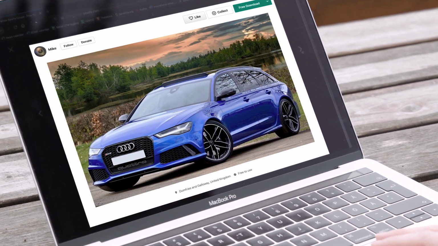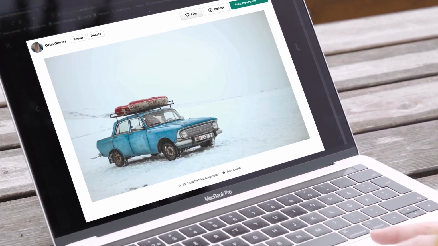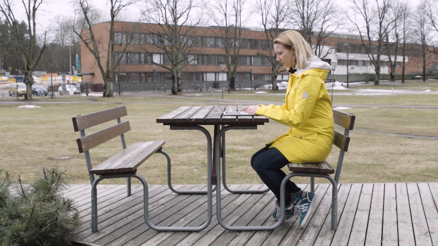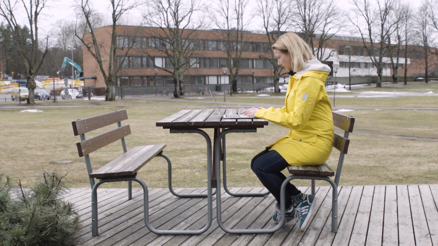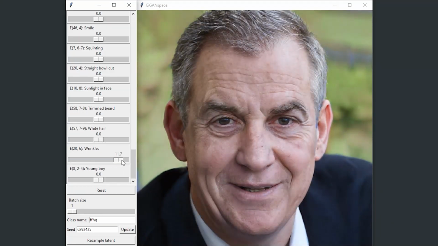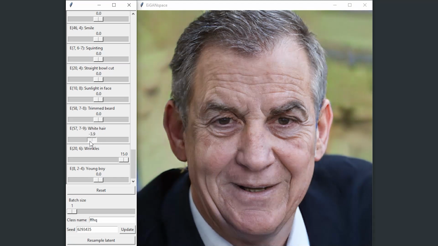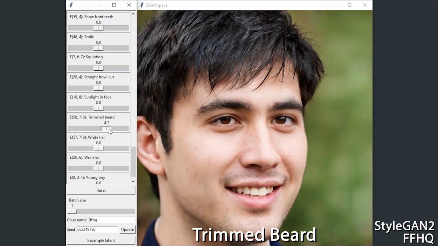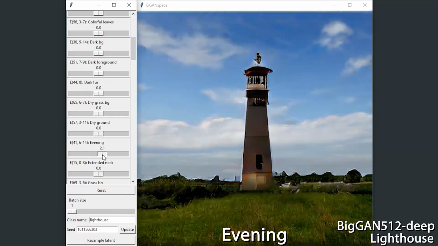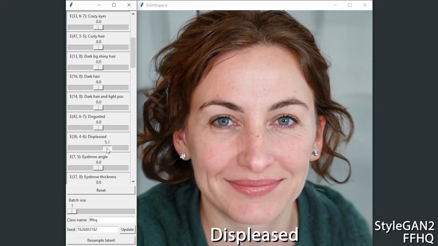Getting an image just right depends on so many things outside of our control. Pros with time, of course, can make changes by hand, but what about the rest of us? Controlling elements of an image opens up endless options that may look realistic, but don't exist in real life. Change hairstyles, car models, or the time of day. It's up to you.